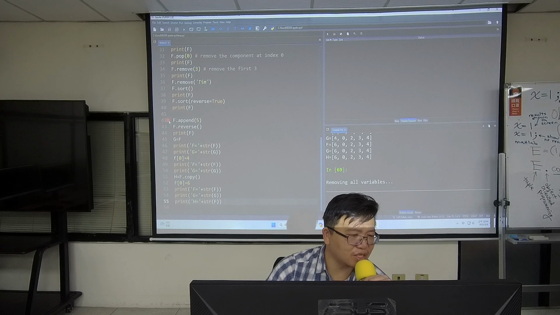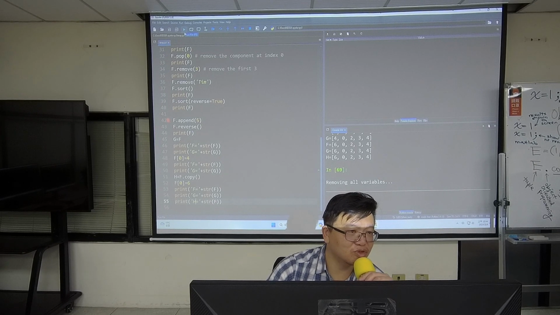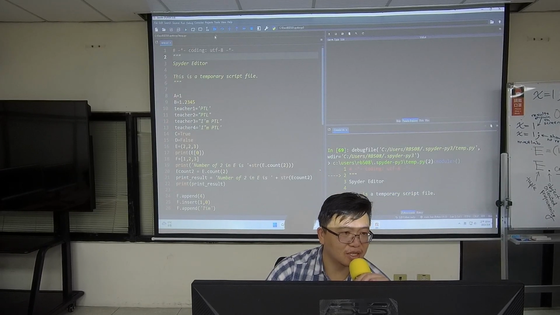You will sometimes see a red dot. If you click it, you will see, okay, what is that? It's a breakpoint. So in the debugging mode, you can run the code and then stop at the breakpoint. So the green button to run the code will run the code without stopping. But if you use the blue one, it's the debugging mode. If you click it, and then let's see,